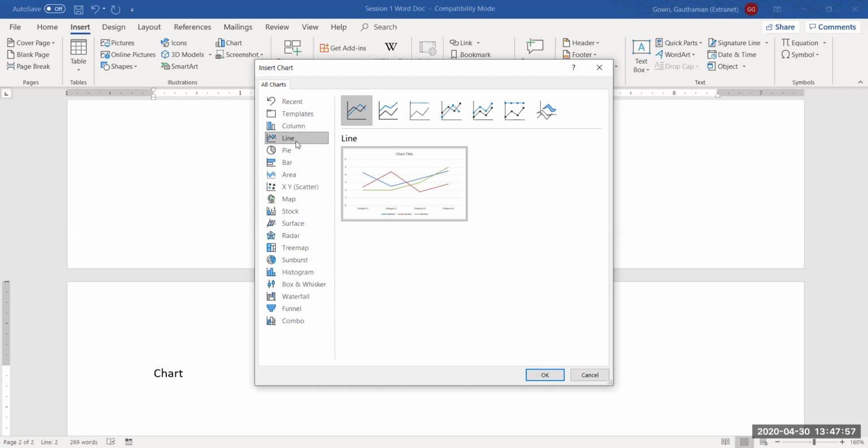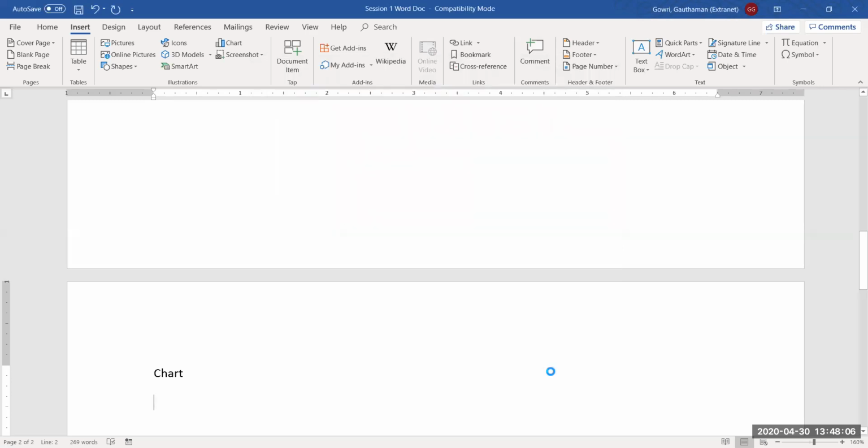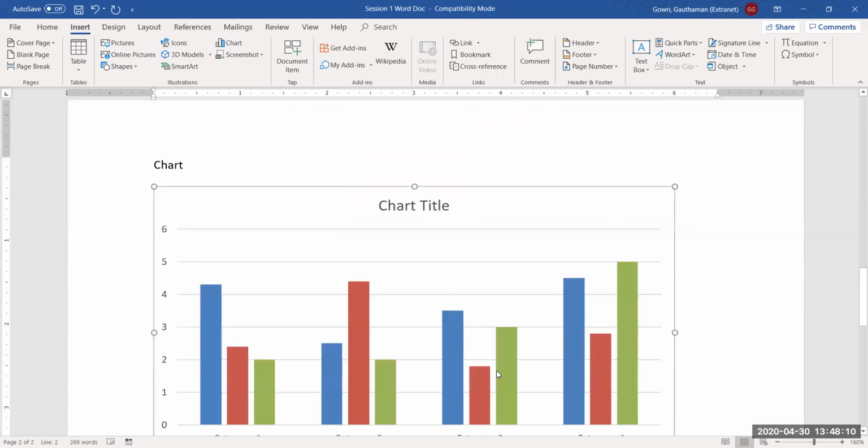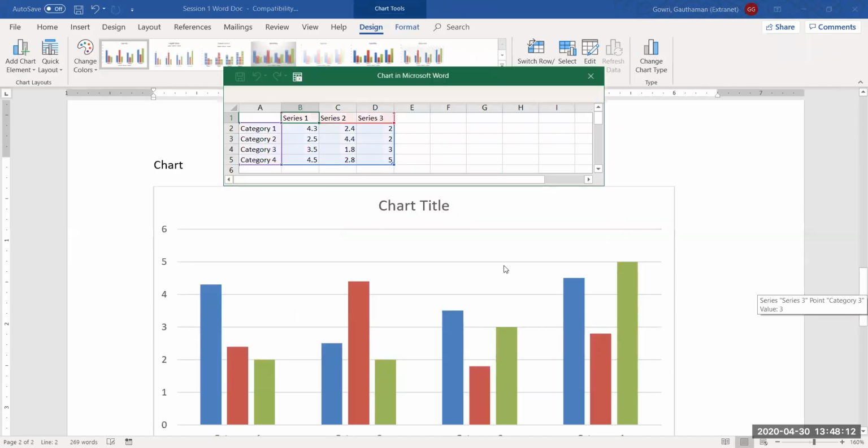Okay, so let me include a column chart now. So now you can see a chart. As soon as the chart is inserted, you will also see some data over here. See, the colors of these bars are determined by the number of columns you have here. See, if you have only one column to represent,